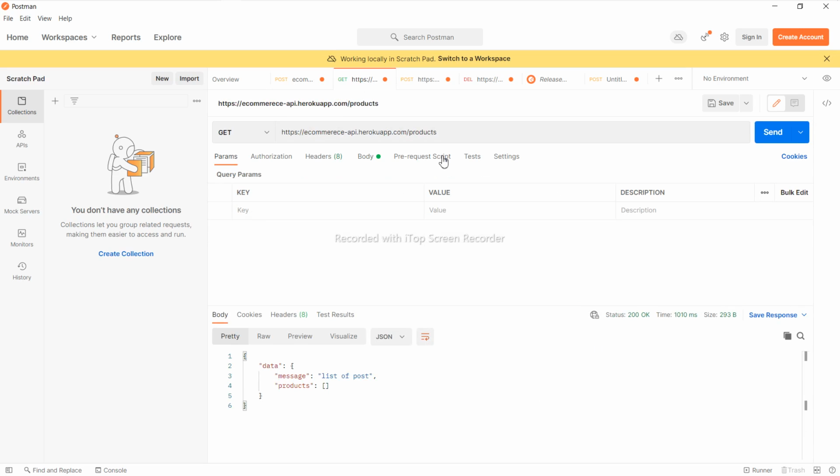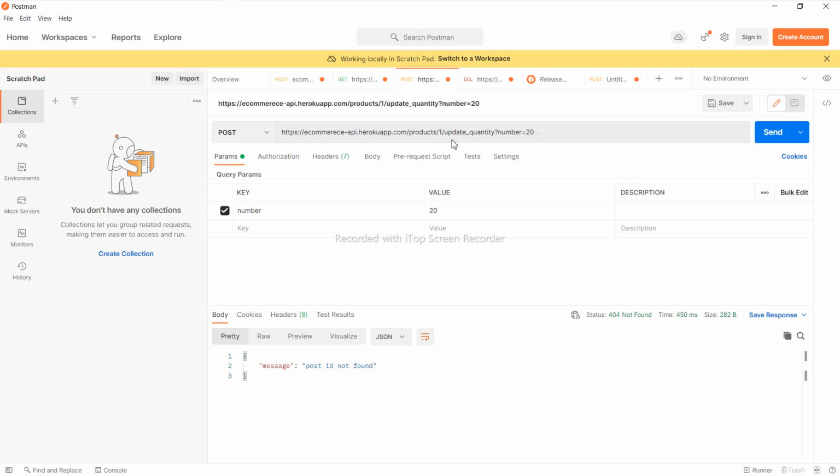And if I now send the request to get all the products, then I can see mobile is first, camera is second, with quantities 10 and 5. And let's suppose I want to update the quantity. Here I can pass the number with which I have to update. Like here I want to update with 30, and I want to update it for camera, which is product ID 2. And if I send it, it will say it is updated.